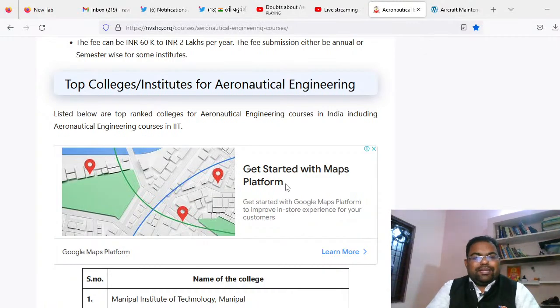And then you can think of SRM University. They have been running aerospace for several decades. You can join Amrita University, Coimbatore, which is also running an aerospace engineering program. And apart from that, you can join Hindustan University, Chennai. They are running aeronautical, and also aerospace UG, PG, and PhD programs. These are in the South Zone.